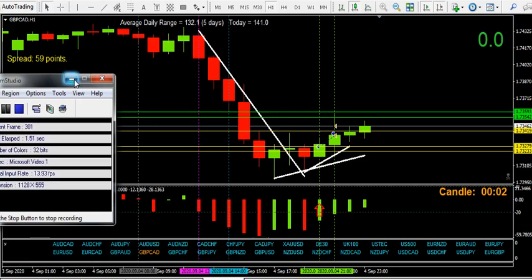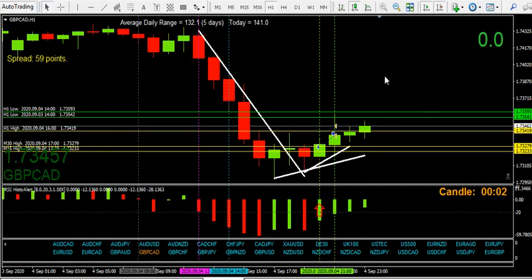Hello again, guys. Right, I didn't intend to make this video because, quite frankly, I forgot about the fact that I'd taken these two trades. Didn't mention anything about them on the Twitter feed, but I think they are important for many reasons, but not least of which is to sort